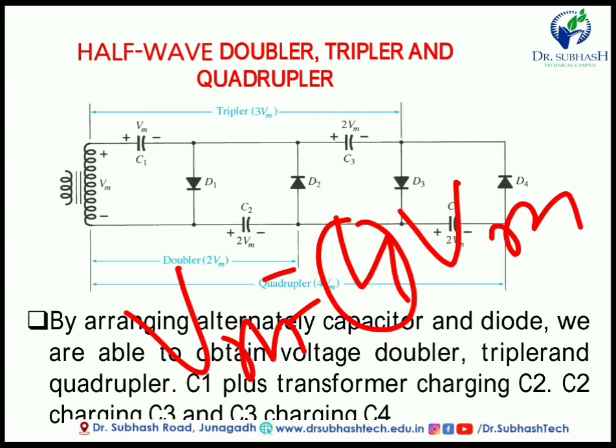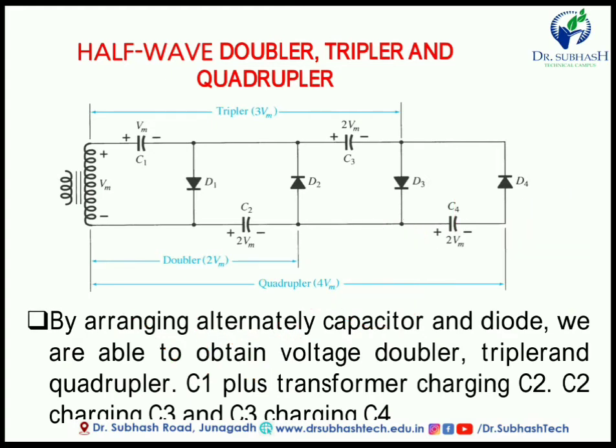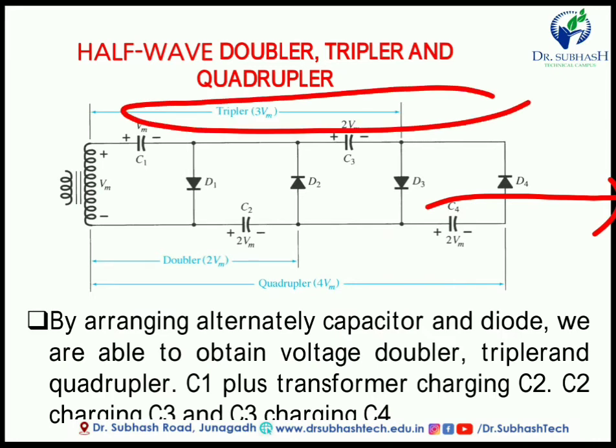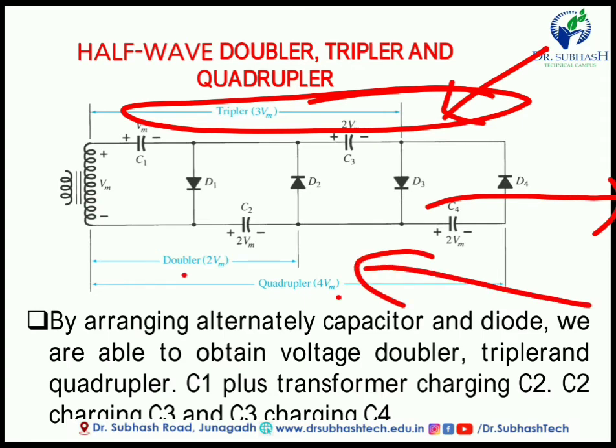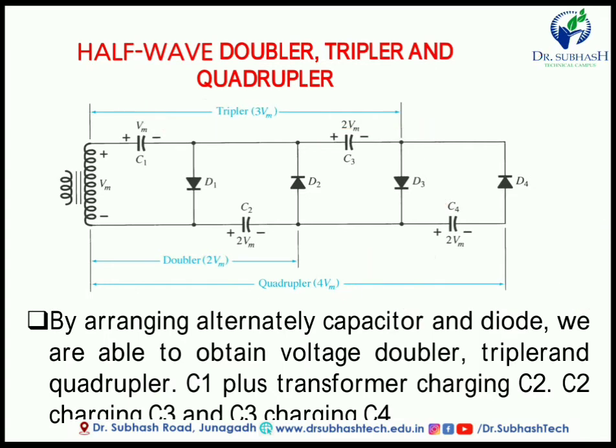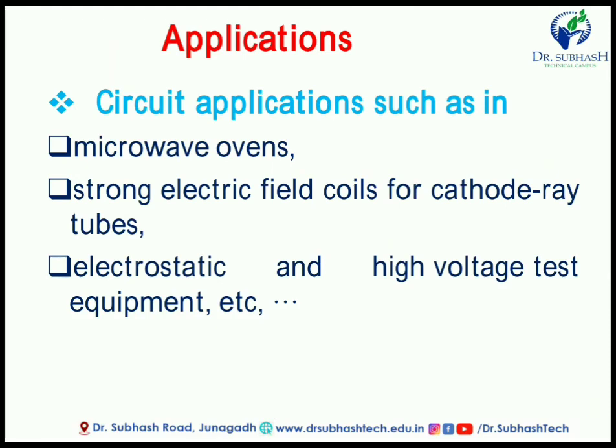If you require extremely high voltage, then we can extend the series like this. If we increase the capacitors and diodes like this, with odd times connected over here and even times here, we can increase our output voltage 2 times, 4 times, 6 times, 8 times. But here you have to increase the rating of the capacitor, so it can charge to the value of our requirement. So this is about the quadrupler circuit, and let's see the basic applications of this circuit.